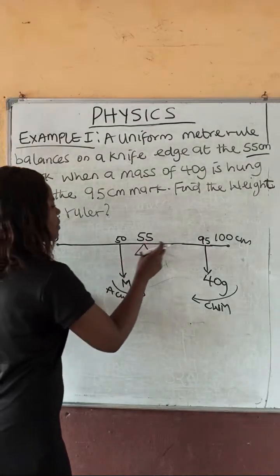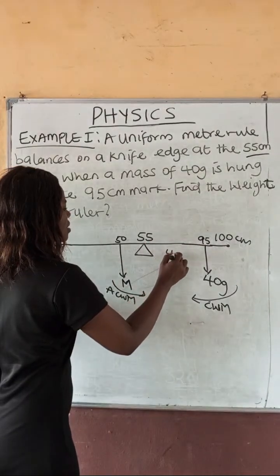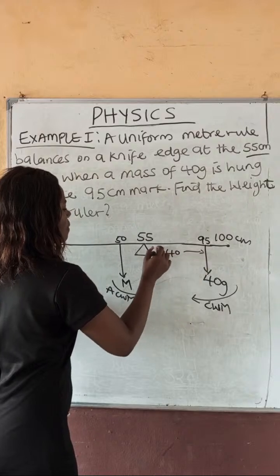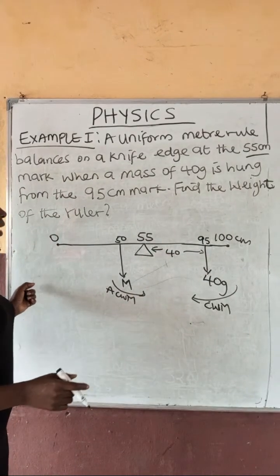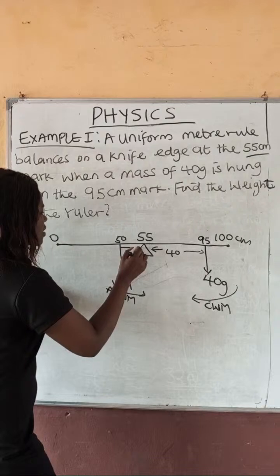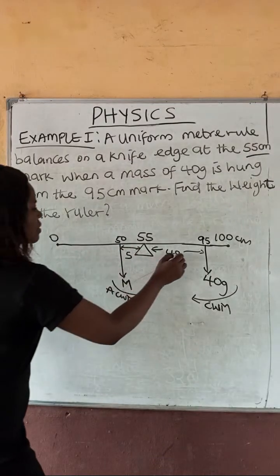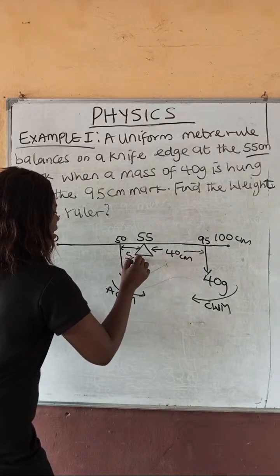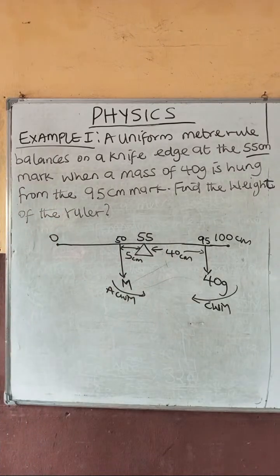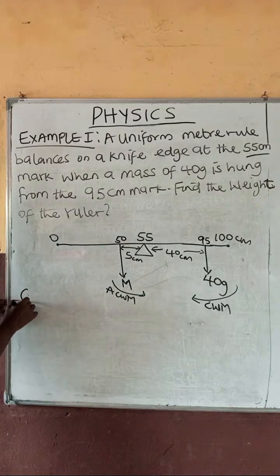The distance from here to here is what? 40, right? And the distance from here to here is what? 5. 40 centimeter and 5 centimeter. Do you understand? Then going by that, my clockwise moment